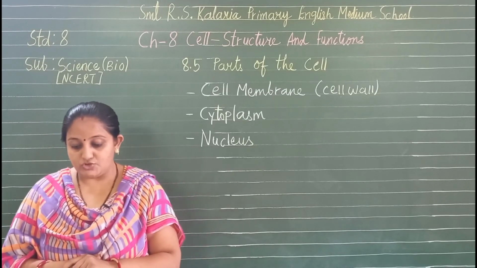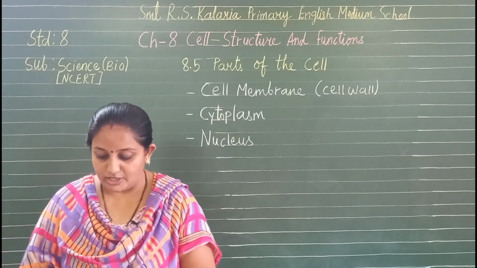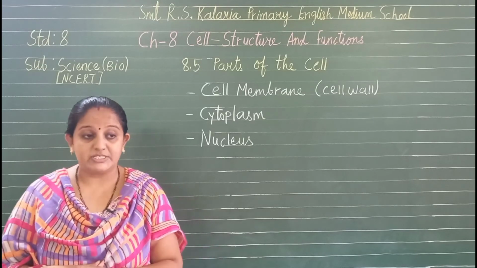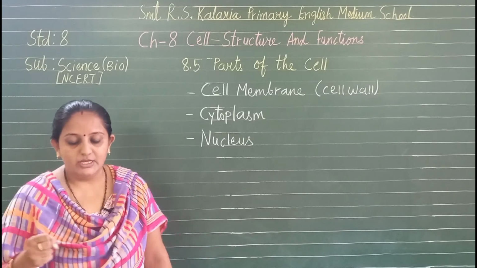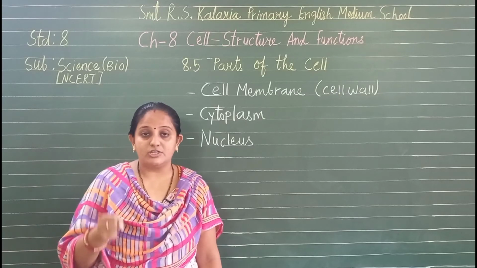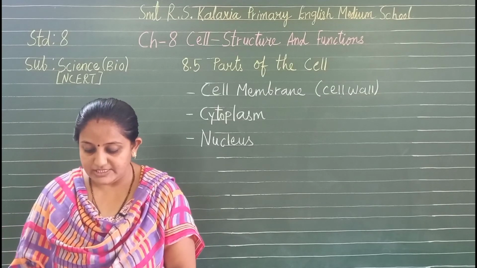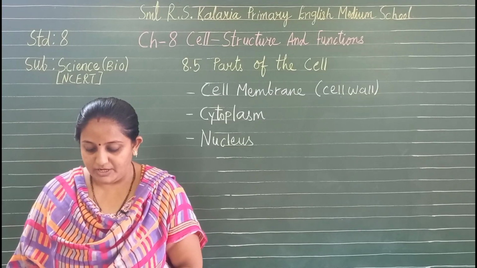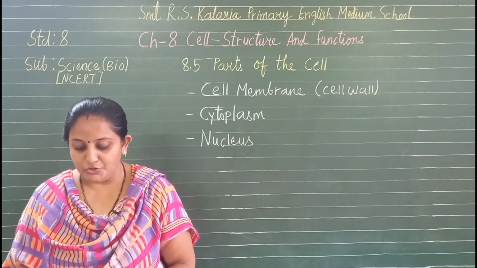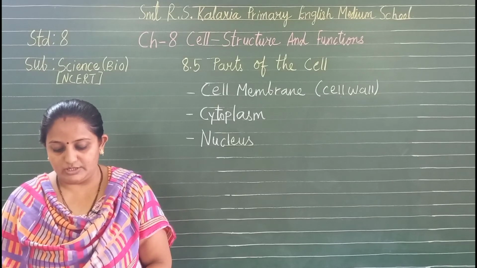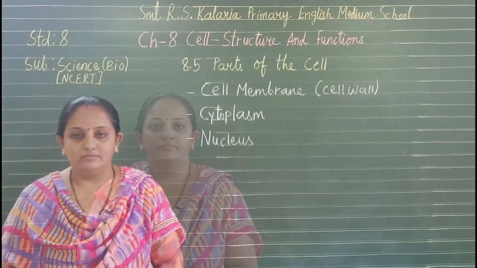The nucleus, in addition to its role in inheritance, acts as the control center of the activities of the cell. We know the nucleus plays an additional role: it controls all the cellular activities. The entire content of a living cell is known as protoplasm. It includes the cytoplasm and the nucleus. Protoplasm is called the living substance of the cell.